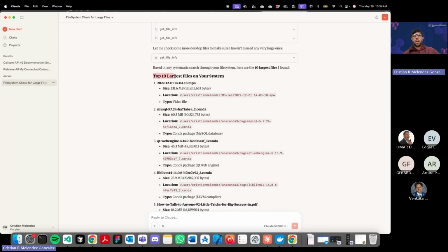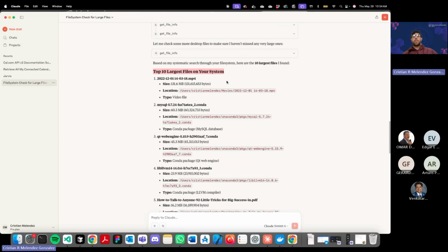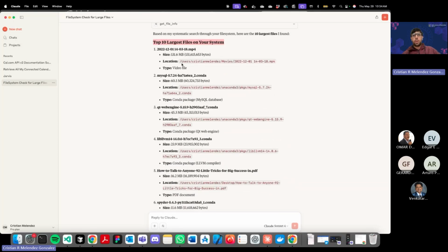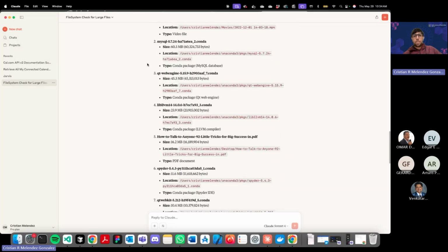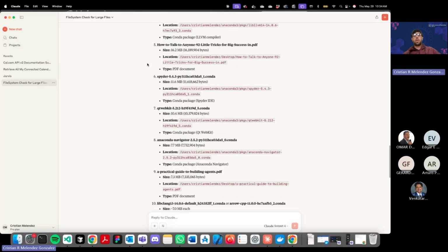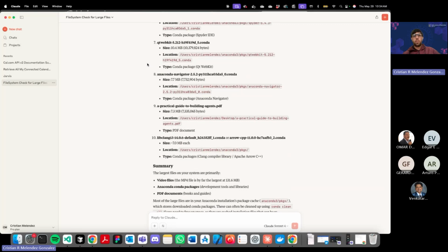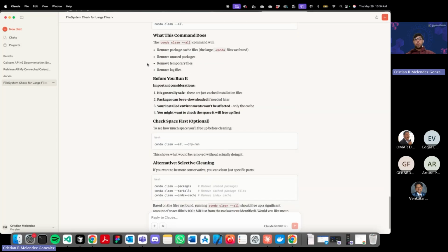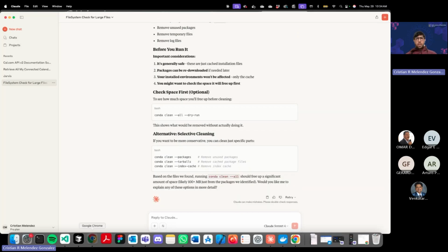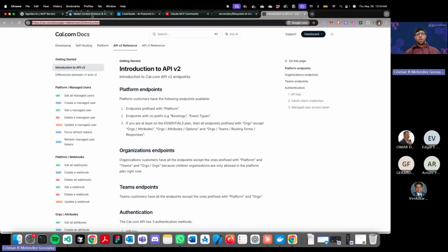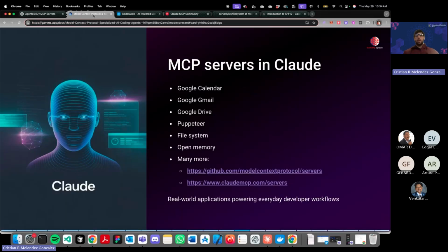As you can see, he identified the different files that are taking a lot of storage in the folders that I gave it access to. And from there, you can then go and delete them or do whatever you need to do with that. So this is the second one. Let's go back to the presentation to see where we are. Okay, so